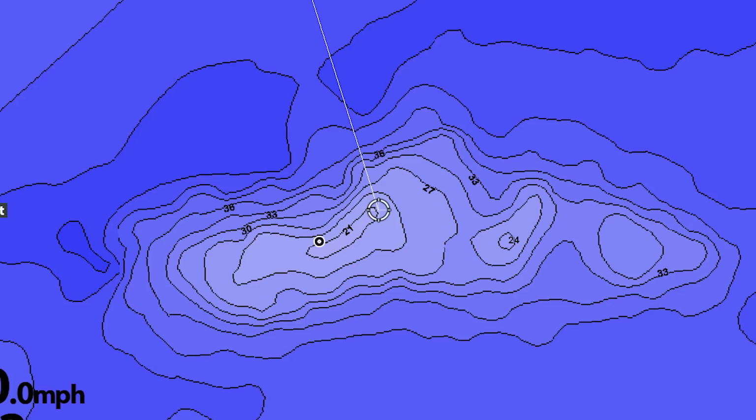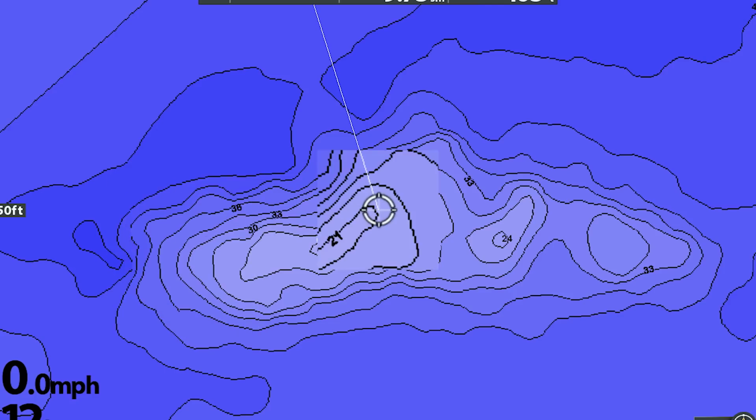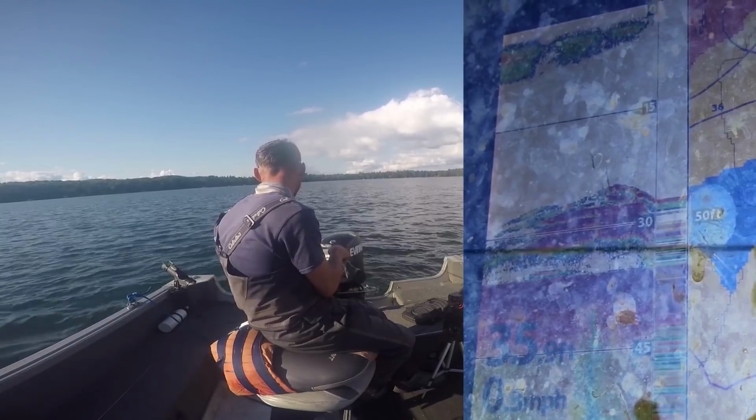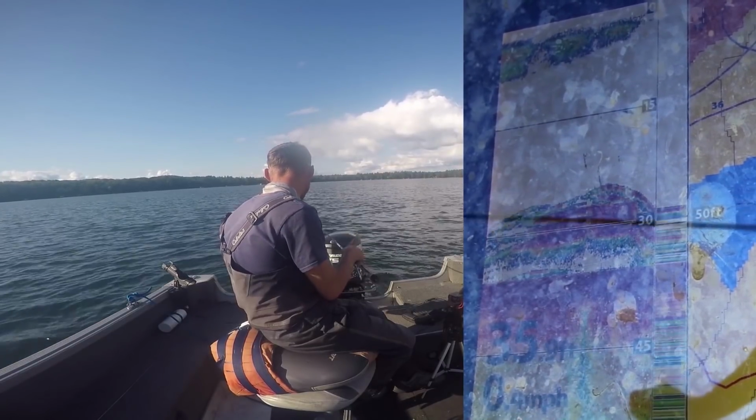So if I'm picking apart a main lake reef like this, let's say this is a rock hump that tops out at 23 feet of water, and there are big boulders on here. You know there are going to be walleyes relating to this rock hump in some fashion. It's just a matter of are they off the drop, are they on top, are they running around one corner of it. Typically what I see this time of year on our natural clear lakes in this area,